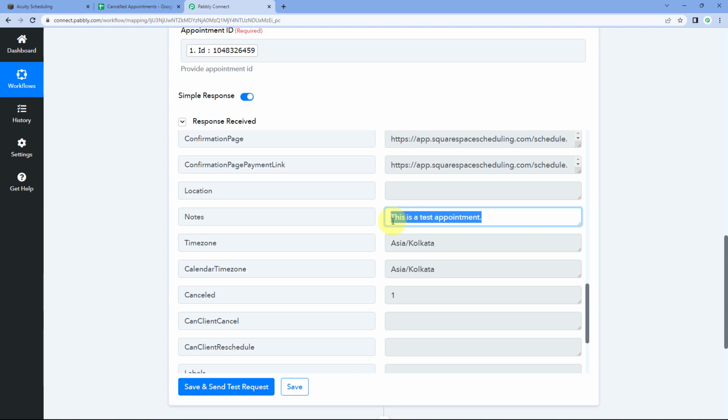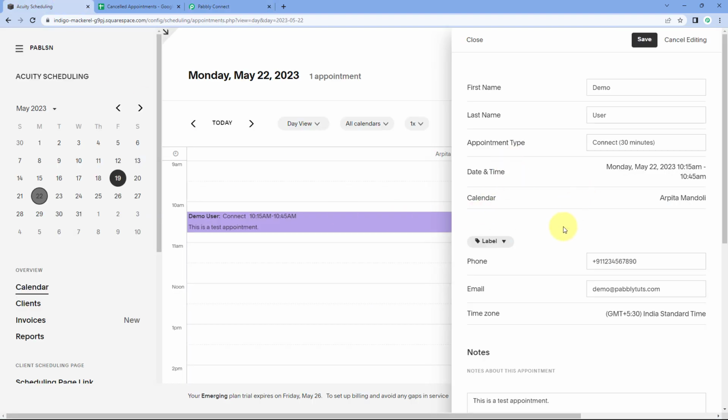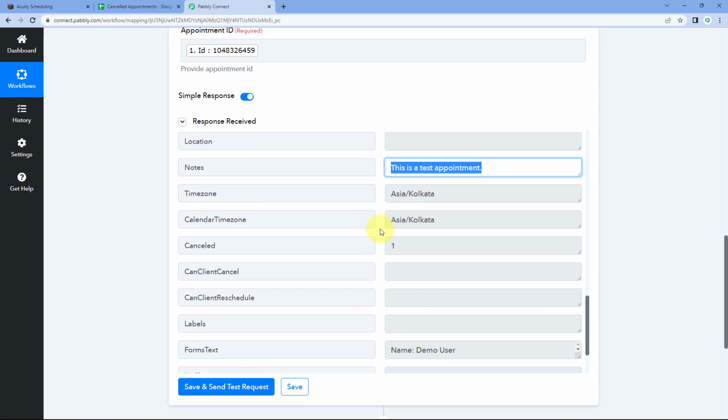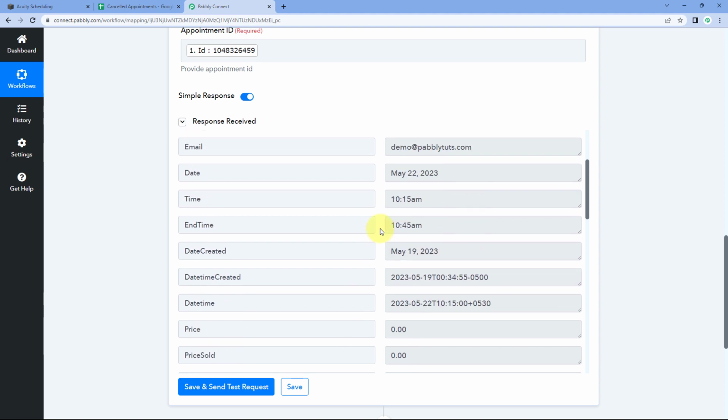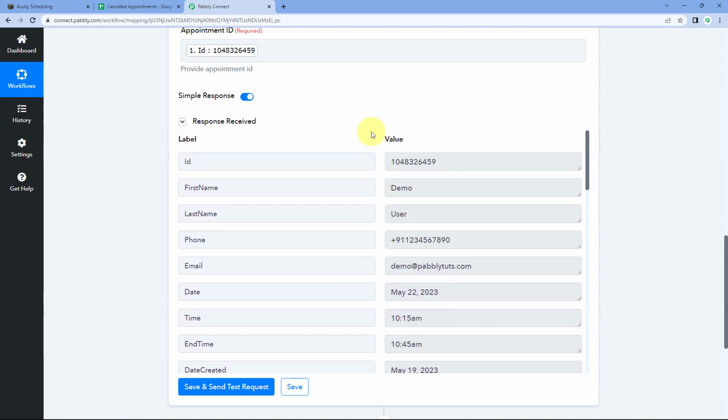Like here, it is the note of the appointment. Here you can see the same note which we have entered. This is a test appointment. Then after that, we will scroll down further and here you can see all the other details as well. So in this way, guys, you can see all the details of a cancelled appointment is now retrieved over here